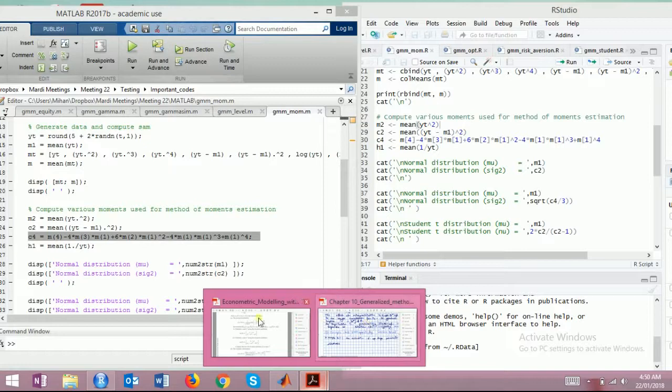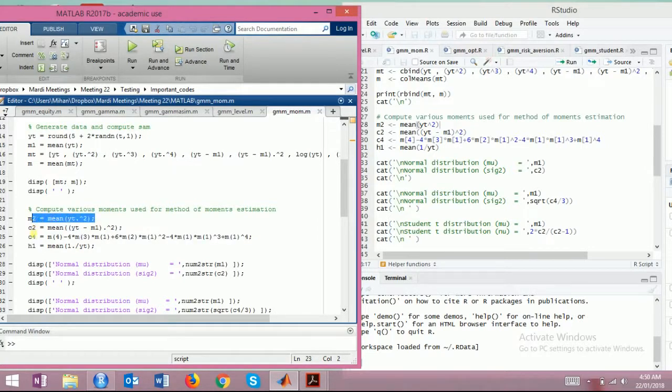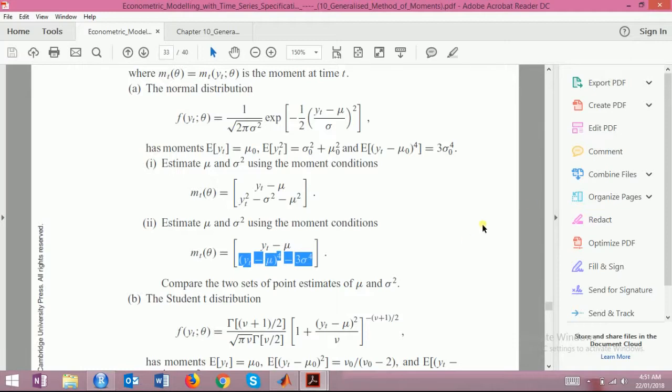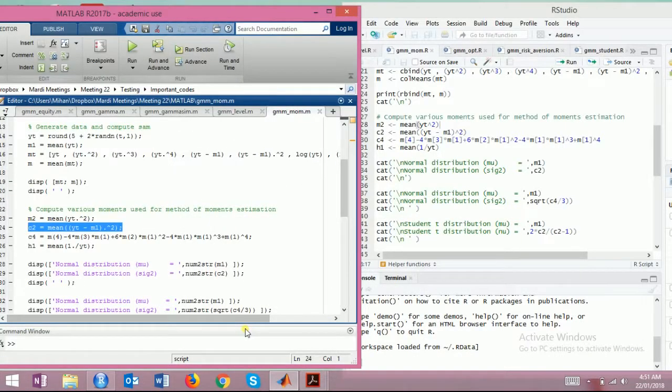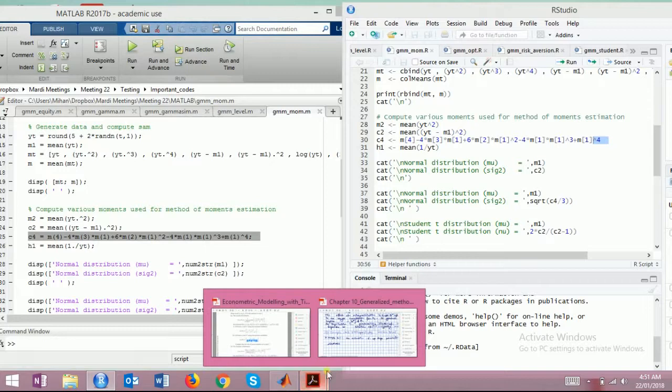here. What we are doing is that the first moment is mu, and the second is obviously the mean of yt squared. Then the centered moment is (yt minus m1) squared. Then c4, on the other hand, is (yt minus mu) to the power 4 minus 3 sigma to the power 4. So we break the whole equation, then we replace anything that has yt, yt squared with mu and sigma squared, or the generalized moment conditions. And we have this equation that we represent in R in the same manner. Then h1 is the mean of 1 divided by yt,